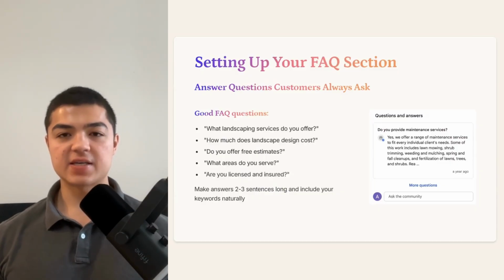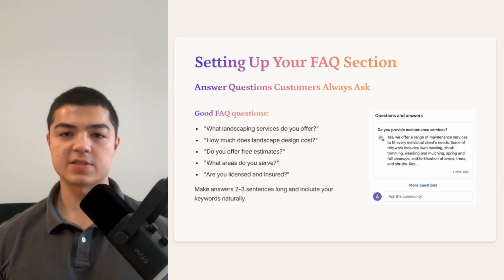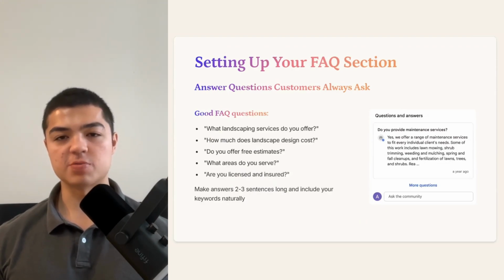The key is to write detailed answers that naturally include your keywords. When someone asks Google, how much does landscape design cost in Dallas, and you have an FAQ that answers exactly that question with Dallas mentioned in your answer, Google is likely to show your business as the result. Each FAQ answer should be 2 to 3 sentences long and provide real value to potential customers. This content not only helps with SEO, but also addresses common objections and questions that could prevent someone from calling you. Many customers will read through your FAQs before deciding to contact you, so make sure you're addressing their main